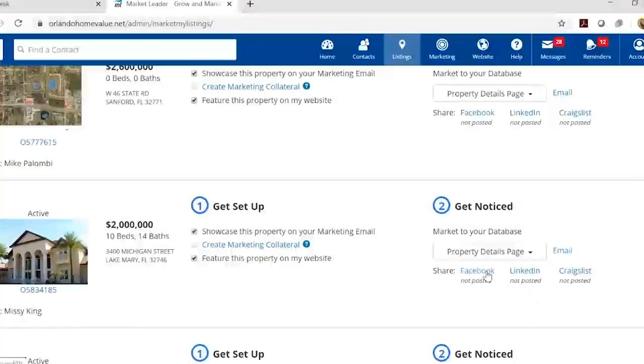You can also share using these links as well. Right, so if I want to get this shared to Facebook, I would have to log into Facebook and get that posted. Just be sure you are sharing these things on your business page. If you want to take them from your business page and move them to your personal page, maybe share from your business to your personal, that's okay, but you absolutely should have a business page set up if you don't already,